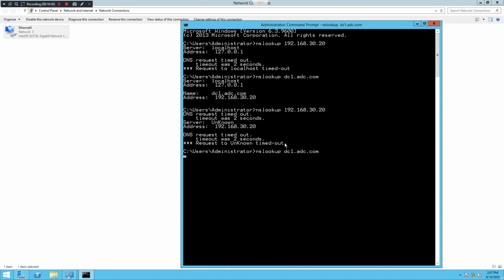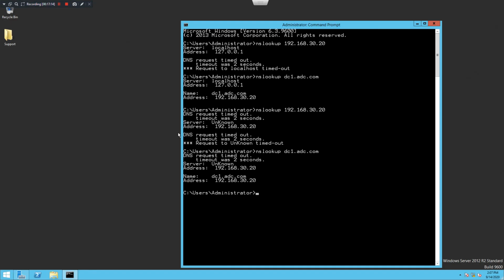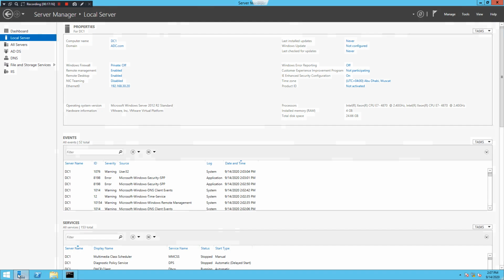So just hit enter and see. Now what is the difference? Before it was showing the loopback IP address, but now it is showing the IP address of the machine, as you can see here.